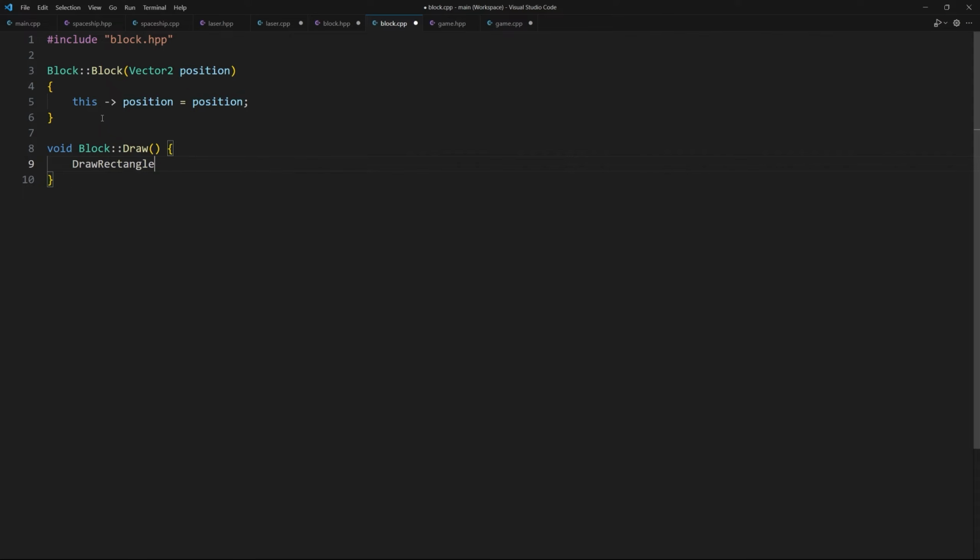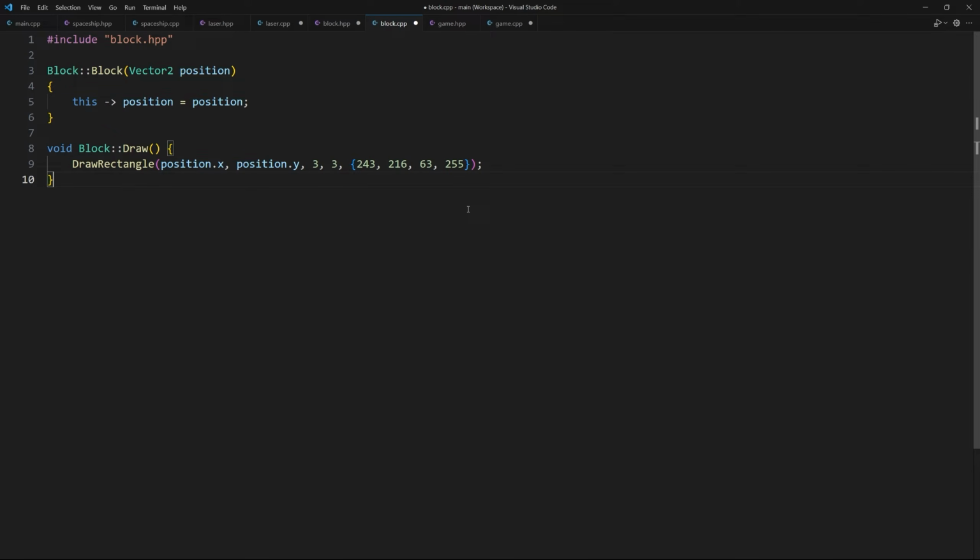DrawRectangle(position.x, position.y, 3, 3, {243, 216, 63, 255}). We define that we want the block to be 3 by 3 pixels here and to be yellow in color here. Great, our block class is ready.